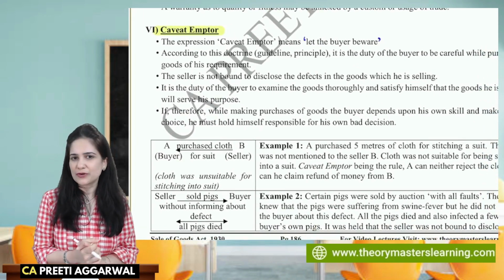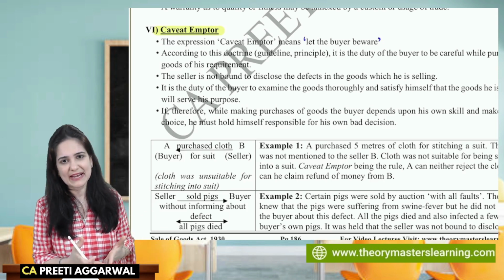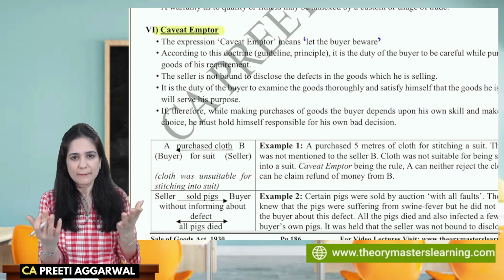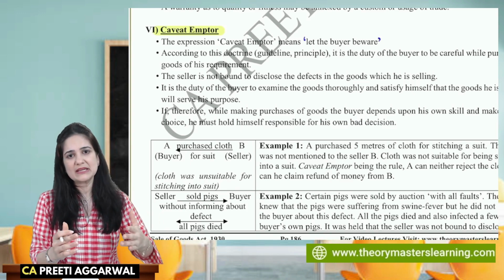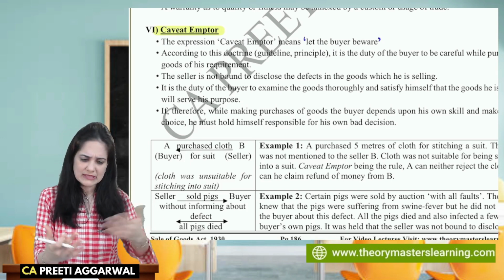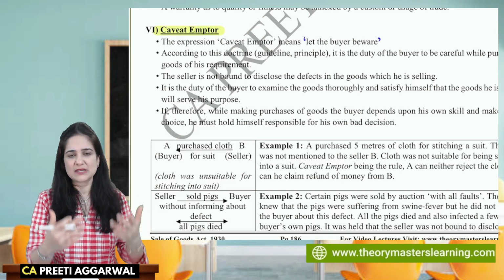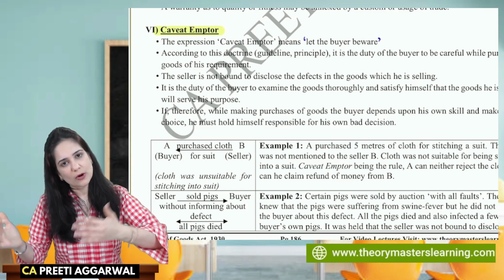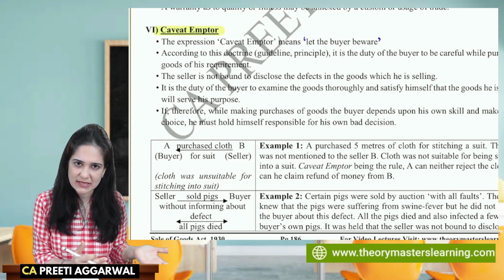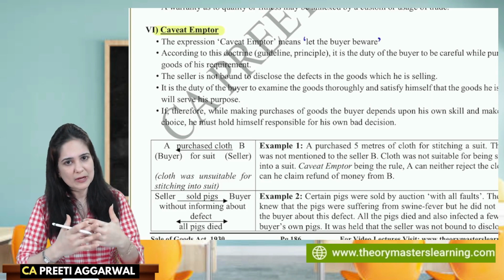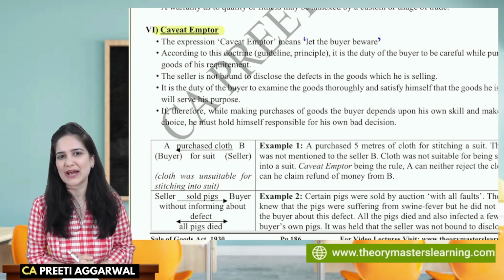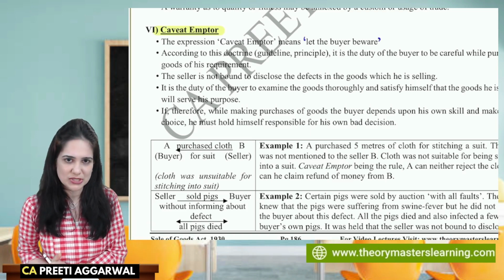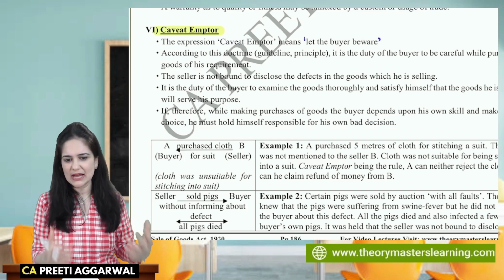Now, according to this doctrine, what is the meaning of doctrine? It is a guideline or a principle, something which is not written in law. You won't find any mention of this in the act, but these are based on judgments of the court. Say for example, there was a judge who passed a landmark judgment and the other judges or the cases subsequent to that also followed the same judgment given in that case. Slowly that became an accepted principle or a guideline, and that is known as a doctrine. Something which is accepted, it is followed by the subsequent judges also. So according to this doctrine, it's a guideline or a principle.